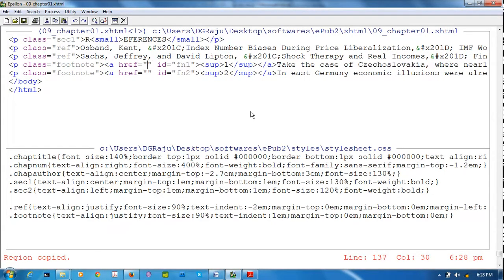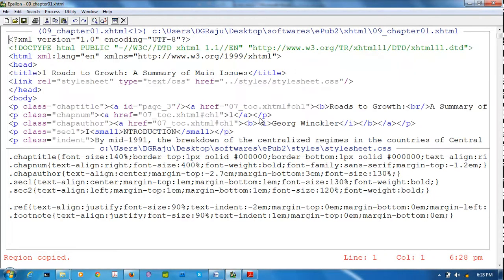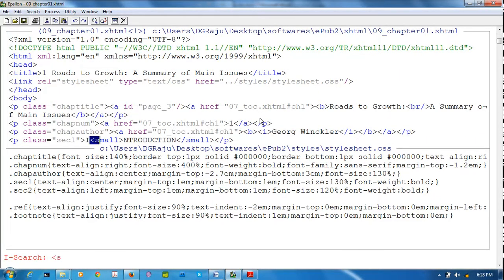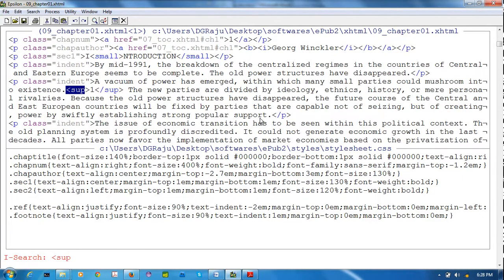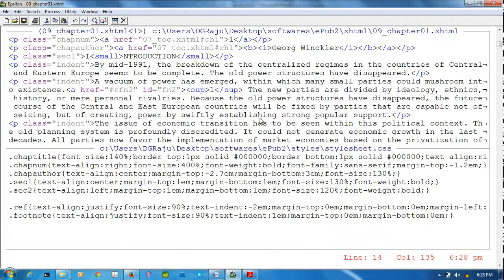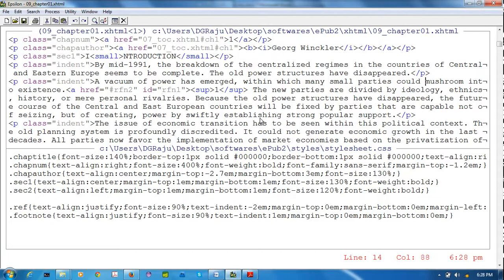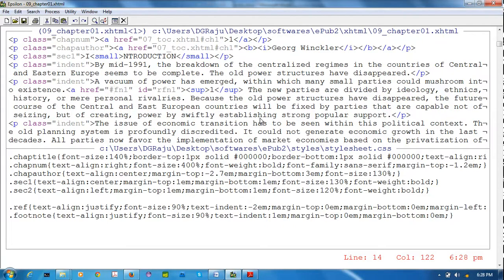Calling is in the same HTML file, that's why I'm using hash reverse footnote 1, hash reverse footnote 2. Now I'm copying this. I'm going to search that superscript, Control S, SUP. Yeah, this one is for superscript 1. FN1 is the ID. FN1 is hash